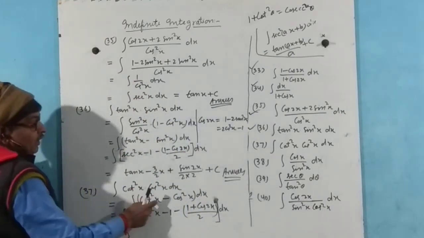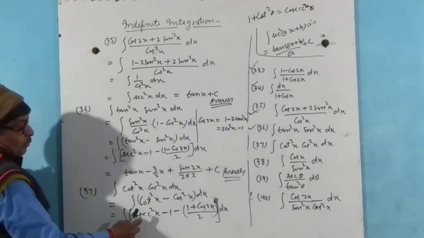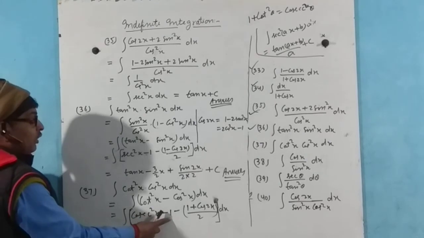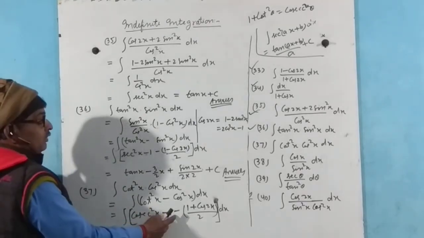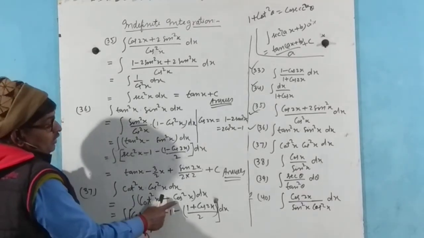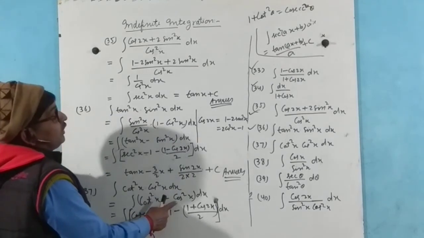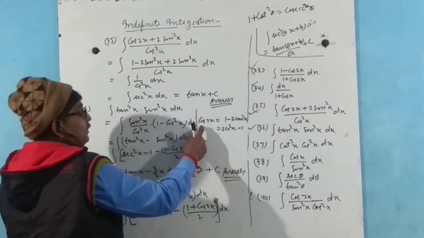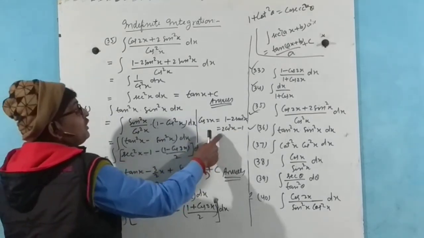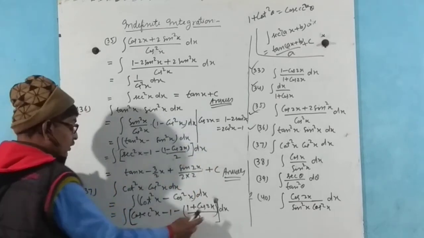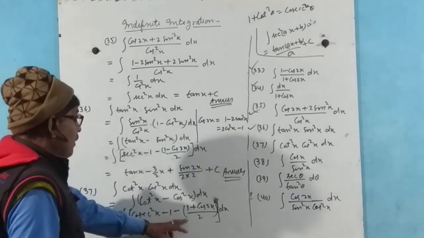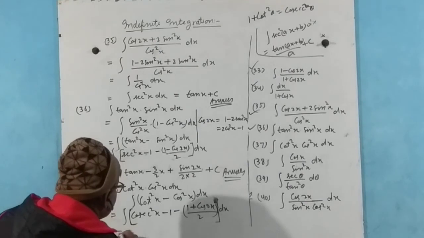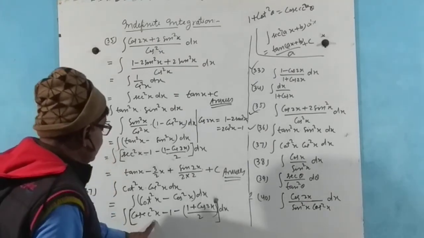So cot square x is replaced by cosec square x minus 1, and minus cos square x, here 1 plus cos 2x divided by 2. And now in this case the integration of cosec square x,